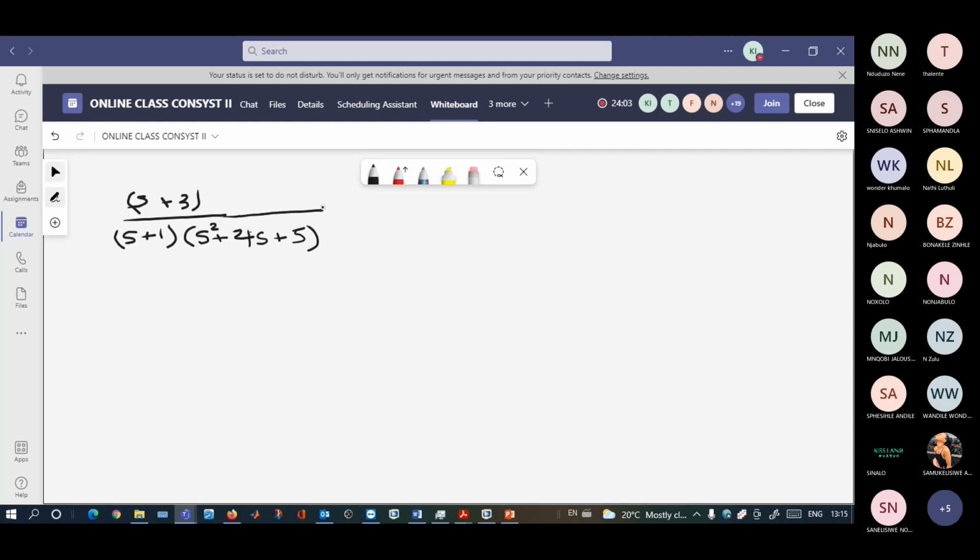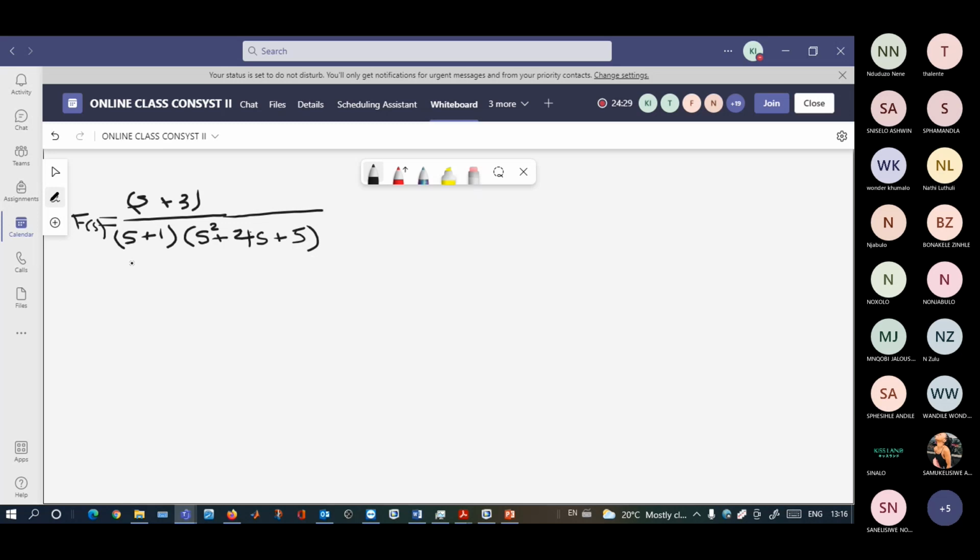So this is what they're asking us to solve. So the first thing that we are supposed to do, let's call this one f of s. Okay. So the first thing that we must solve now here is to find the poles of this